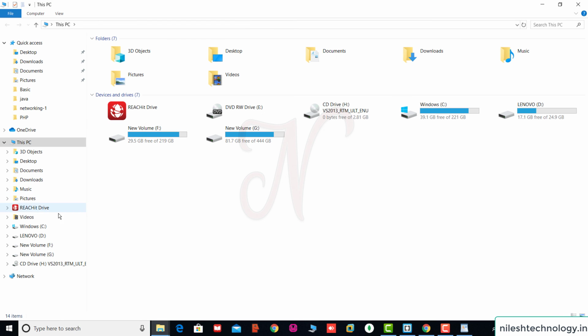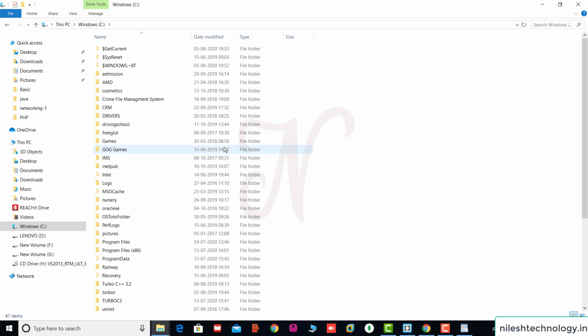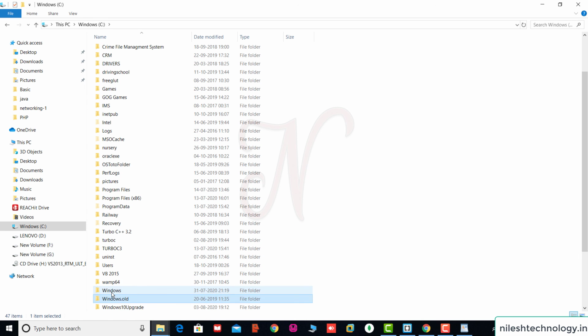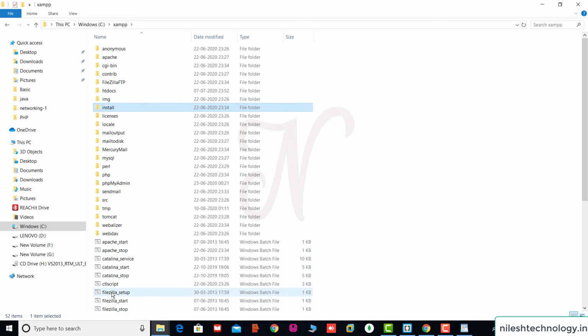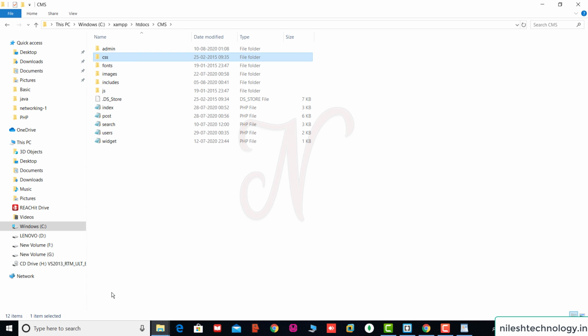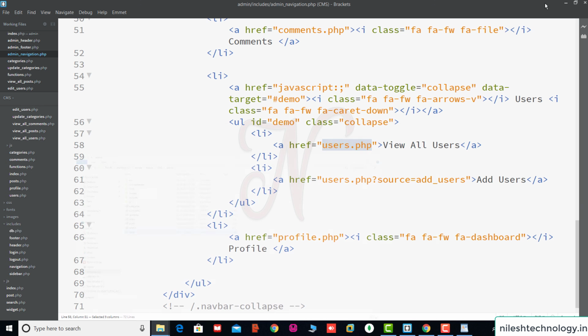We go to the project location. See here, C drive, this is the XAMPP folder where my project is stored, then htdocs, cms. Here we move this users file inside the admin folder. Now we refresh the file tree, see users.php.